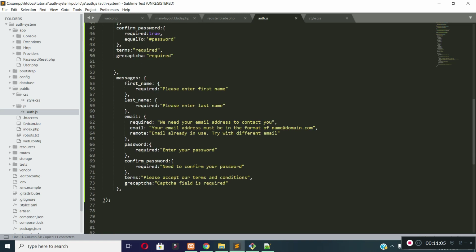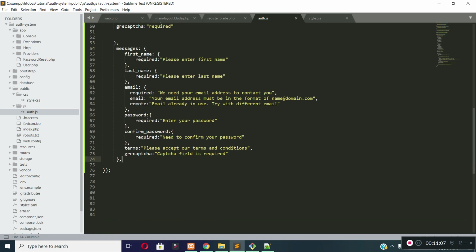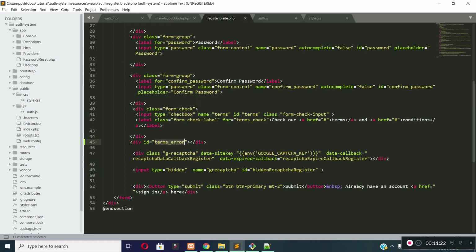Now in the author.js under the messages object, let's create an object called error placement. Actually we will place the error inside this div for the terms and conditions checkbox.